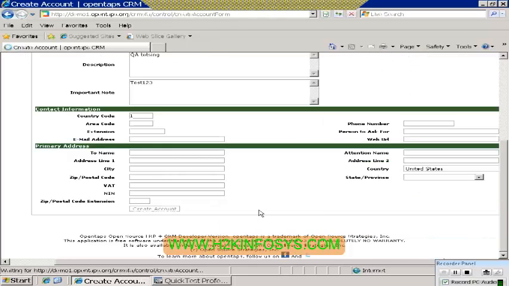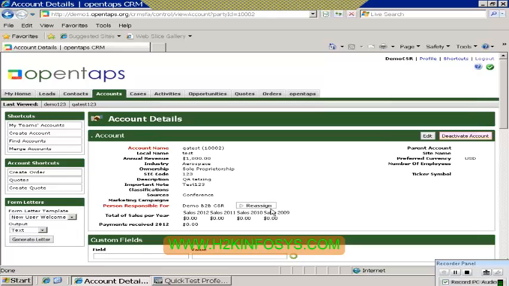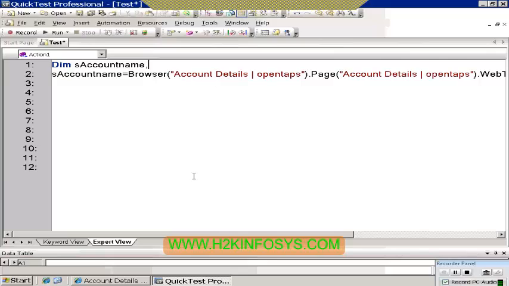For the time being, I created this information. All right, so now I got all this information. If you want to read these multiple records, the values, basically you can read